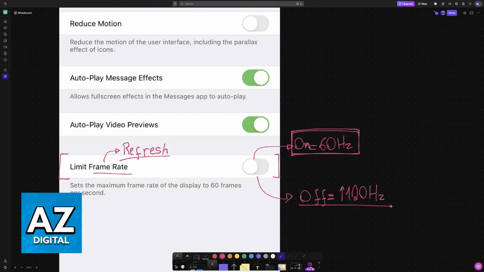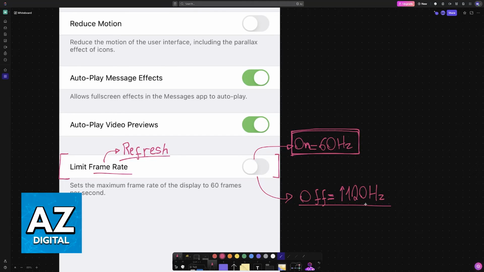So if you are doing something intensive like playing games, it will make the refresh rate go higher, like I said, to a maximum of 120. If you are doing something less intensive like day-to-day browsing or just using normal applications, then it is going to lower the refresh rate a bit. This is done in order to save battery.